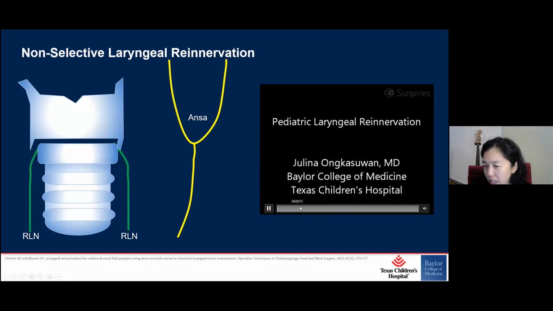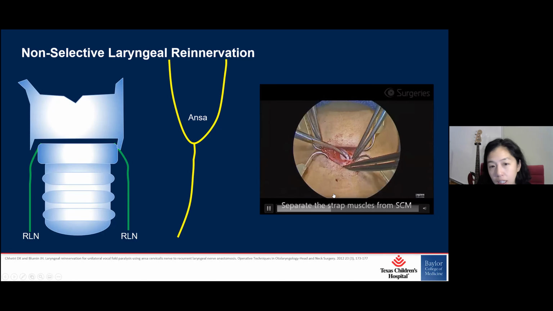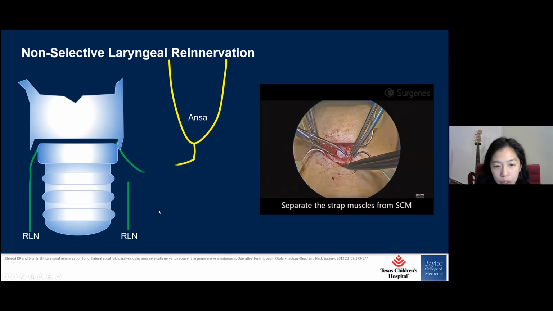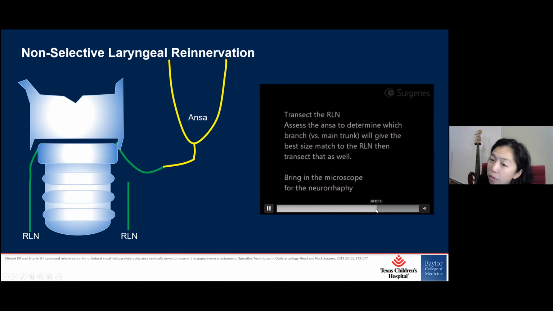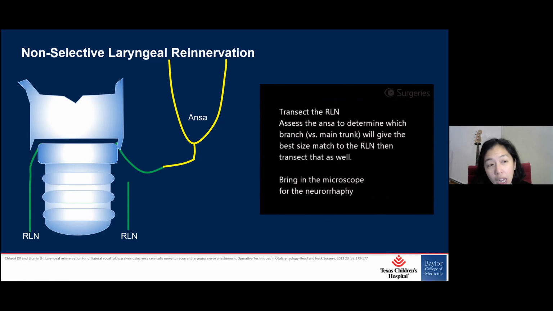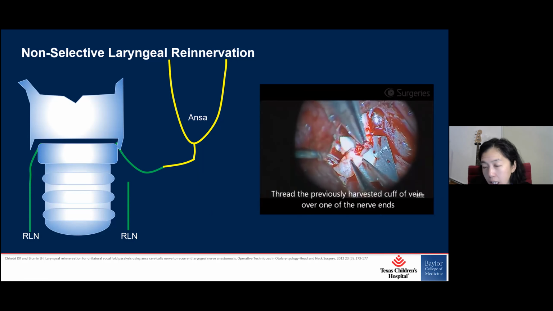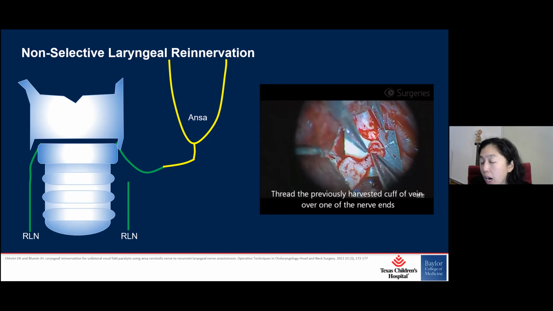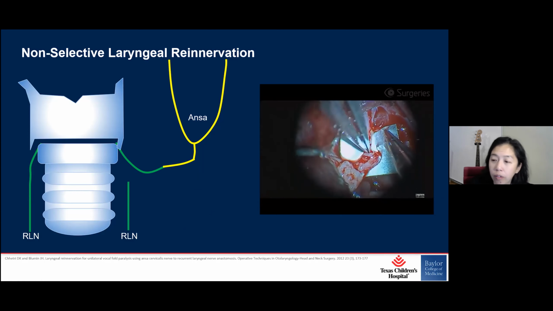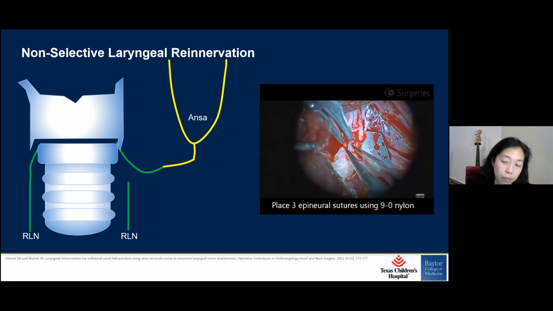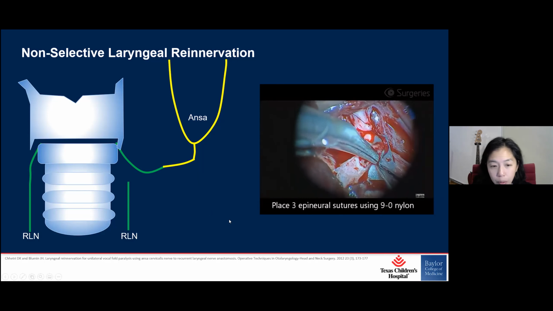And again, because I'm a surgeon and I'm trying to think about ways that we can help our pediatric colleagues, non-selective laryngeal reinnervation is a pretty simple surgery where we're hooking the ANSA into the RLN. I do it primarily for voice, but a secondary gain is that we may be able to improve glottic competence, decrease the risk of aspiration, decrease the risk of long-term pulmonary injury. Again, we have limited data on this, but perhaps this is a way we can help out.